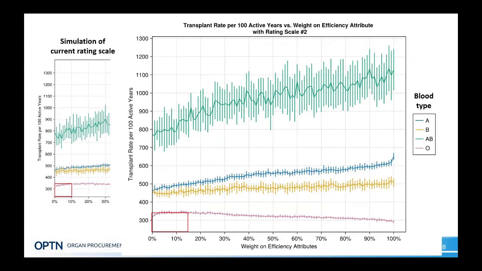And now let's briefly look at some of the at-risk groups, people and candidates who we think would have a difficult time potentially accessing organs, and how these changes would impact them. This is an example using the ABO blood group types. And you can see that both in the previous version of CAS as well as in the newly implemented version, the ABO-Os at the bottom have the lowest transplant rate of all the blood groups. But we can also appreciate that using the new rating scale and increasing from 10 to 15 would not be expected to noticeably impact the access for our ABO-O